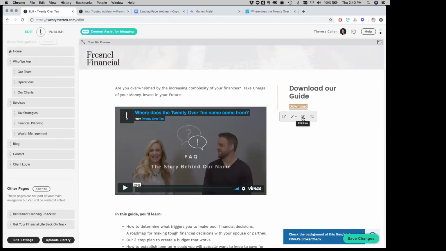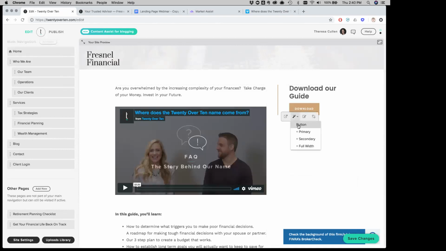Now we'll also go in and we can style that, right? So, that's not that obvious. And one of the things is, calls to action should really stand out. So we can go in here, right? And under style, if you click button, we can actually style things to look like buttons. And there's lots of different ways that you can do this, right?